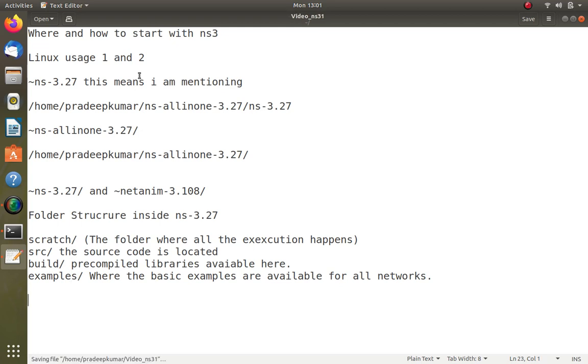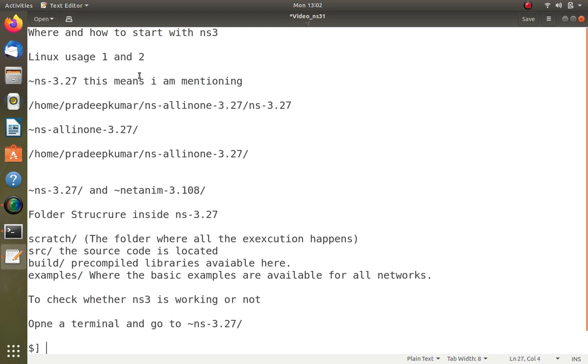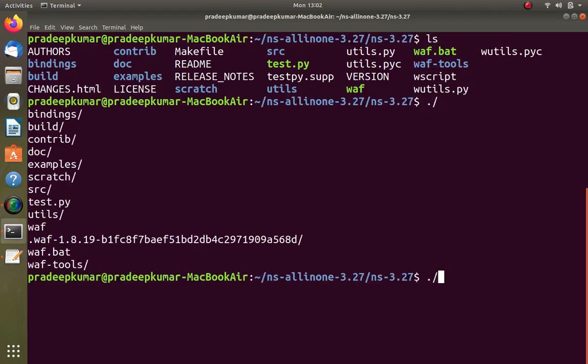Now we will first go with a simple example on how to check whether NS3 is working or not. First, open a terminal and go to the ns-3.27 folder. After that, type the command ./waf. As you know, ./ means the current directory.